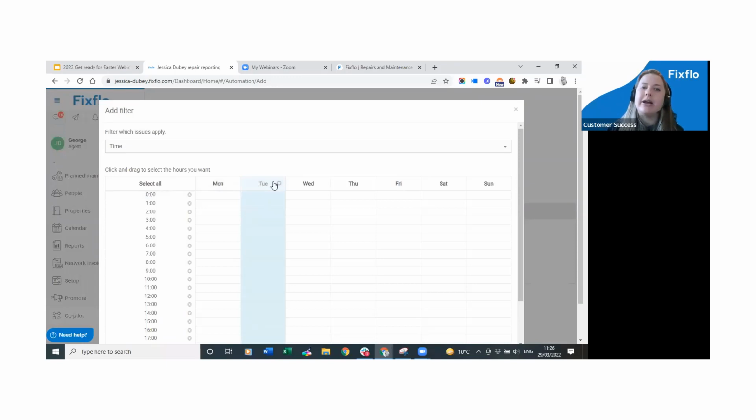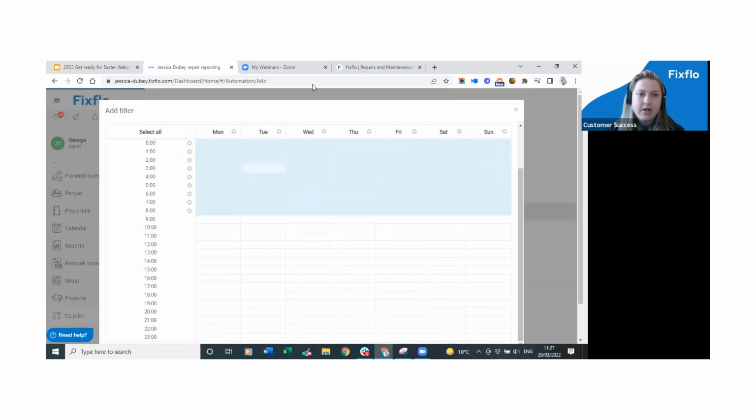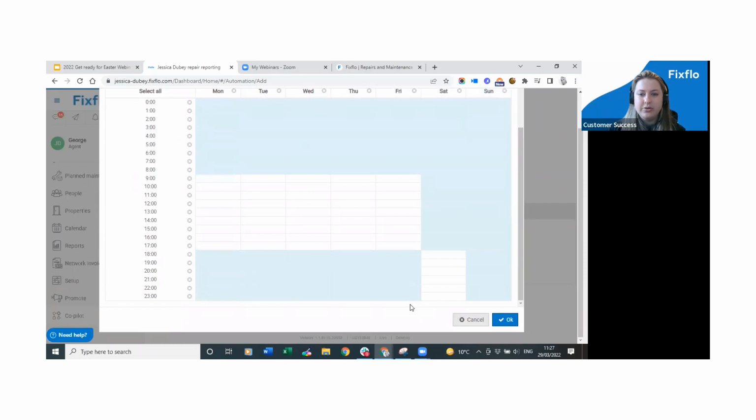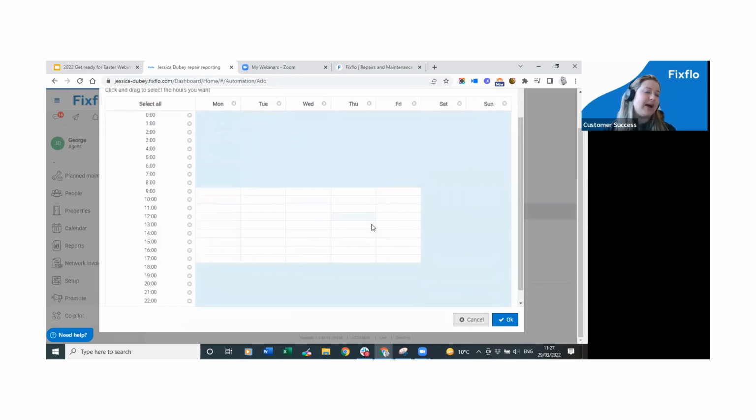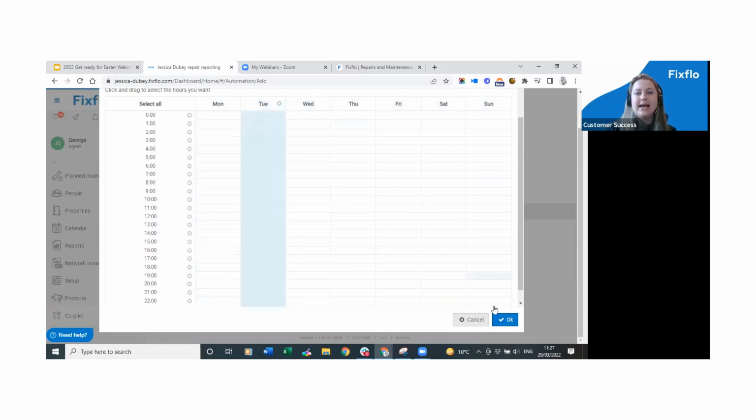Now, again, you can get granular on this instead, and you can add this hourly. So for example, if you wanted to do a specific out of hours, you could, of course, do, for example, evenings like this until 9 a.m. You could do all of Saturday, all of Sunday, and then you could do from like 6 o'clock as well. So that is something you can do like that. So just to show you, that's something you might want to do if you wanted to do out of hours. But for this example, I'm literally going to just select Tuesdays like this,